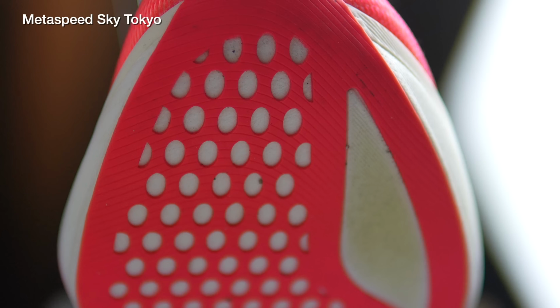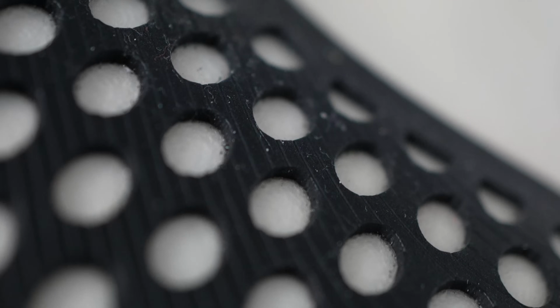In the Metaspeed Sky Tokyo, there's an extra cutout in the forefoot which is intended to leave more room for the foams to expand on that first impact when you're taking a lot of force. But on the Metaspeed Edge Tokyo, you see it in the back on the lateral here. There's an extra cutout on the rubber strip towards the back. There also is a lot of exposed foam on this shoe as well in an effort to help keep weight down, and the rubber that we do have is pretty thin, just like I would expect to see in any